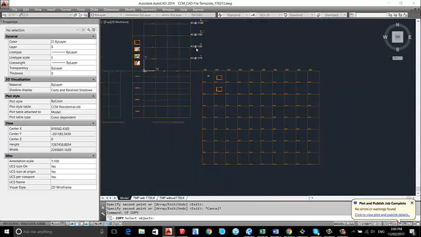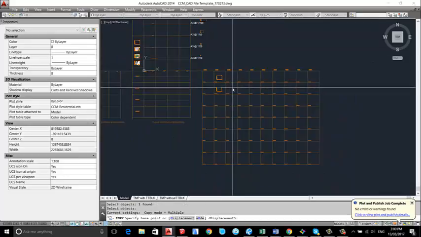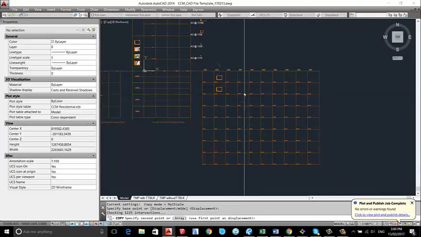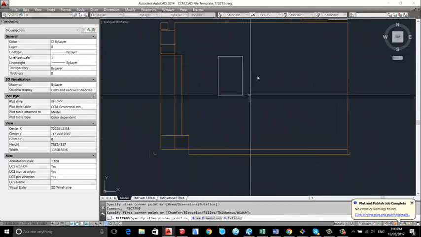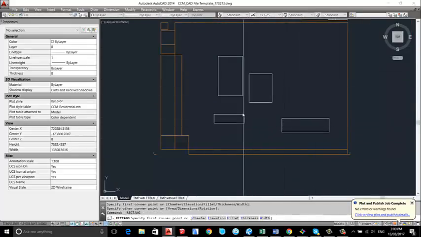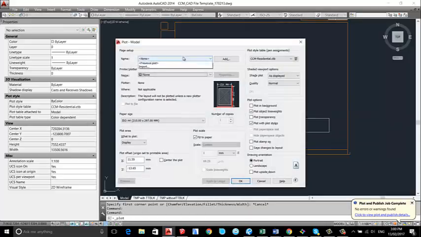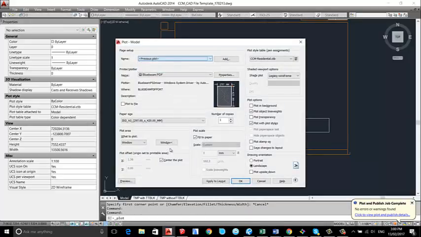And we can then have plans that are 1:50 or 1:20, and in this plan 1:20 we have maybe joinery, cabinetry or whatever, and then the only thing we need to do is Control P, previous plot, window,